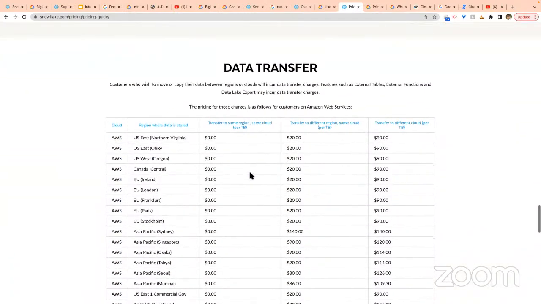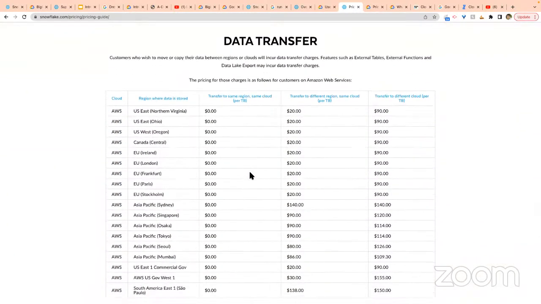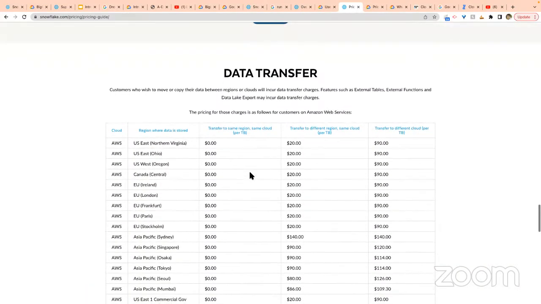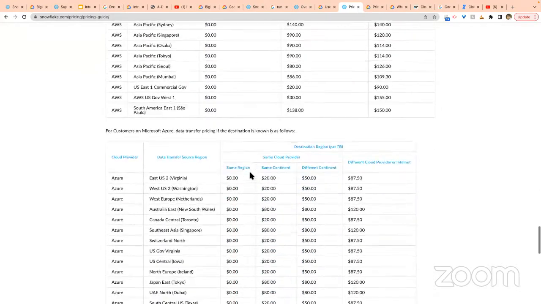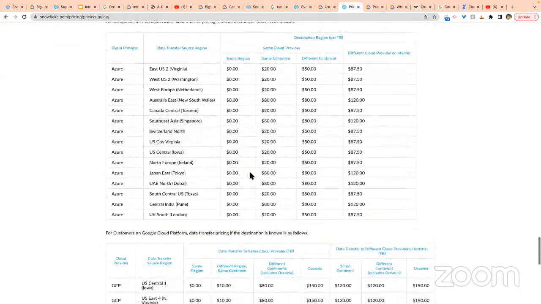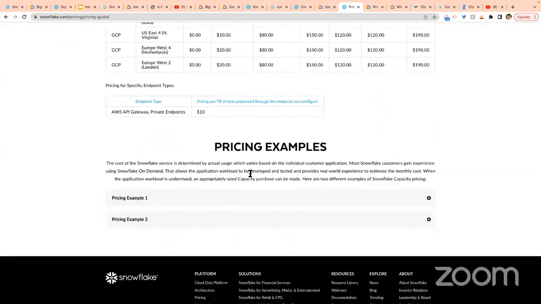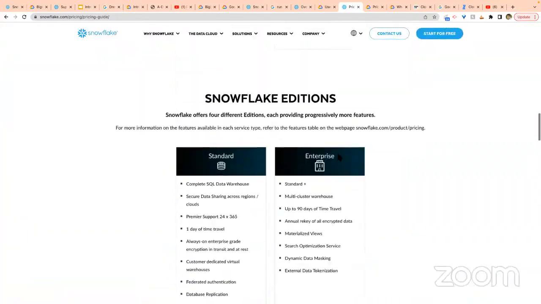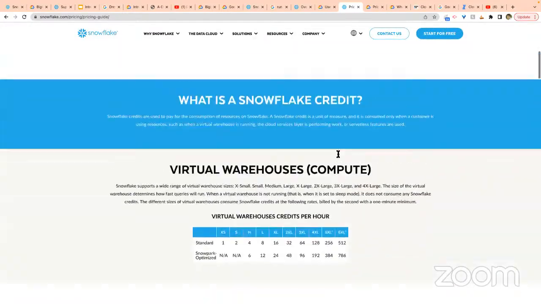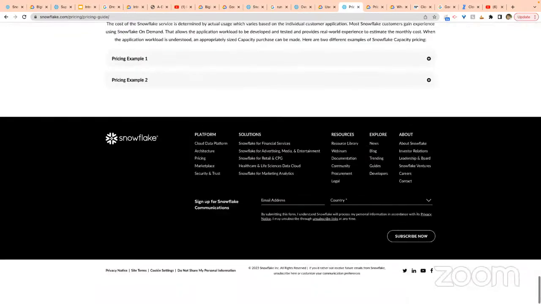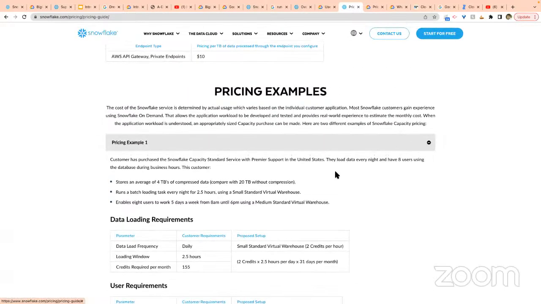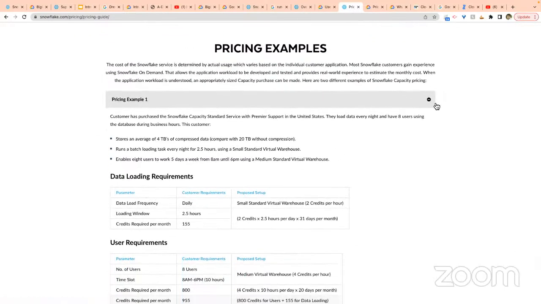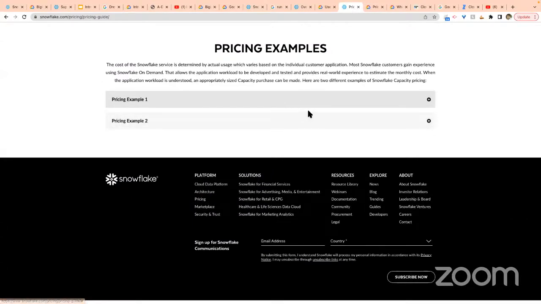And then there are data transfer charges, like in case you are setting up replication or some other interesting features like external tables, external functions. Then there are some network transfer charges also. So this pricing page and these pricing examples will help you in understanding. There are 2 examples given, but since we have very limited time, I cannot go through each of them. I would encourage you to please read these 2 examples, because this is going to help you a lot. Yeah, how the calculation is done.